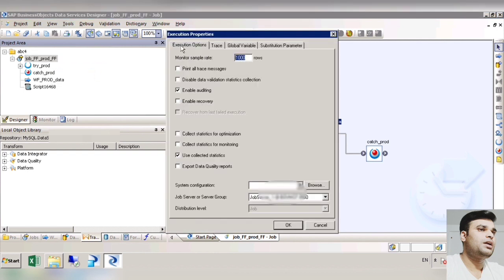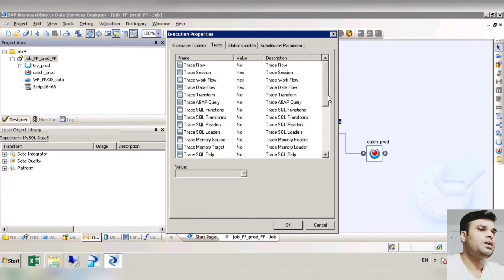So let's execute it, and when you execute this job, you will get different options, which you can also see when you run the job from the bots console, right? So similar options will be present here. If you have some system configuration, you can use those system configuration. Whichever server you want to run the job on, you can use that server name here. And then we have other options.